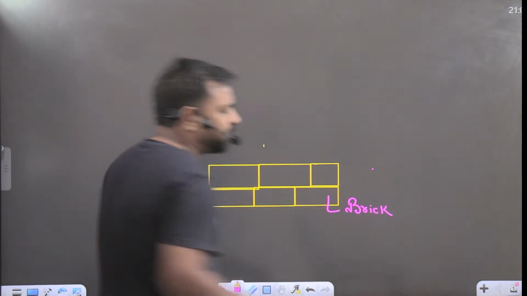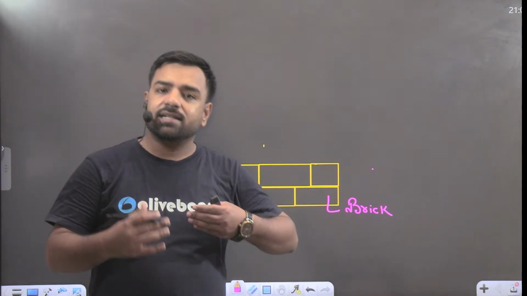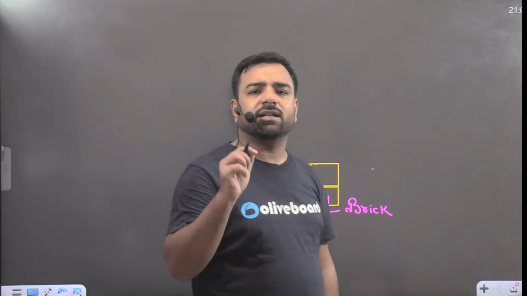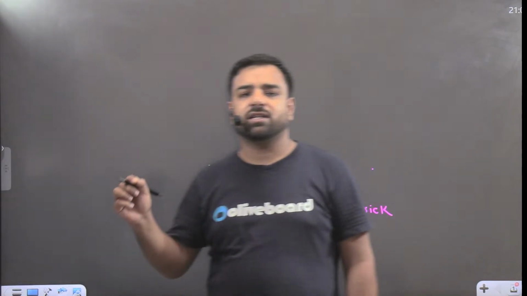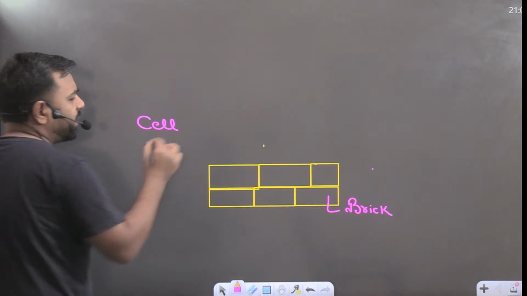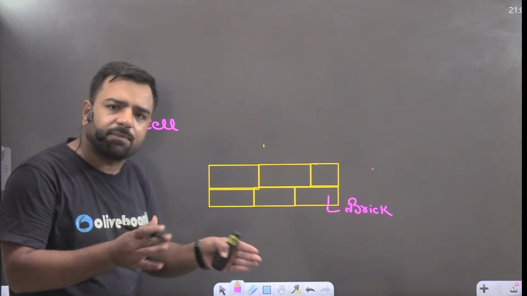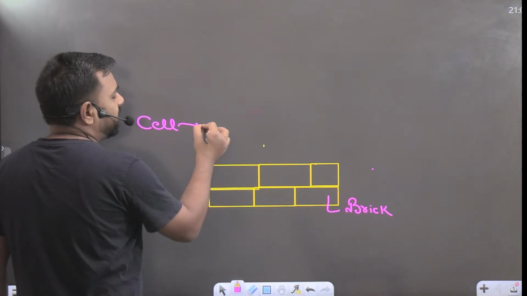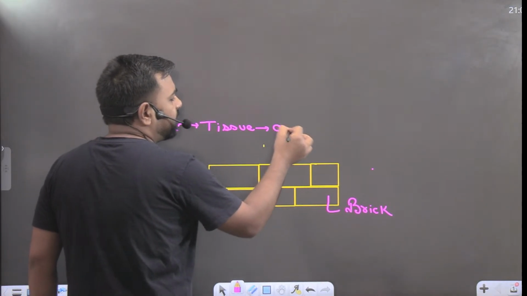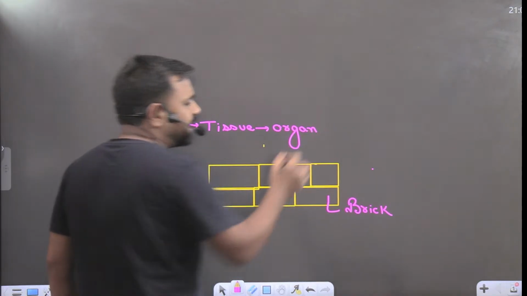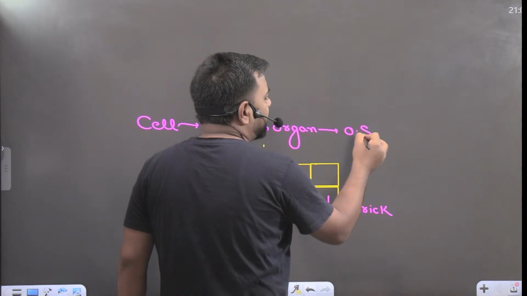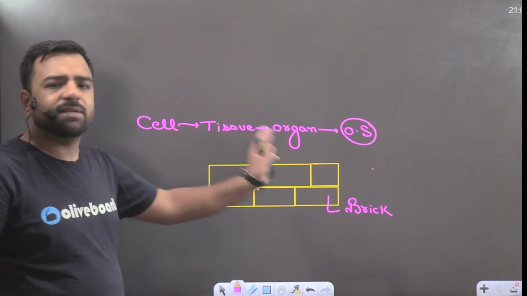In a similar manner, if I talk about my whole body structure, it actually started from the cell. That was the sperm cell that we received from the father and the egg cell which was there in the mother. So our body's origination is actually from the cell itself. When many similar cells come together, they form tissues. When many tissues come together, they form an organ, and the organs can be like the stomach or the pancreas, right? And then finally the organ system is made. So that's the basic structure.